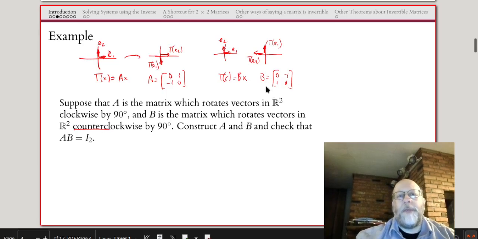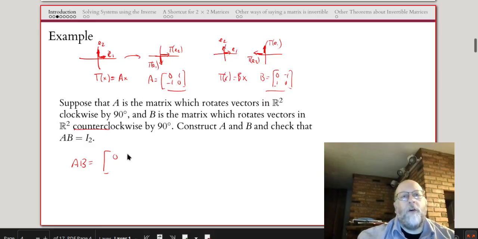So we've constructed A and B. And then check that when we combine them, we get the identity matrix. That should happen if we rotate counterclockwise and then we rotate clockwise. That should get us our original position back. So let's try this. A times B